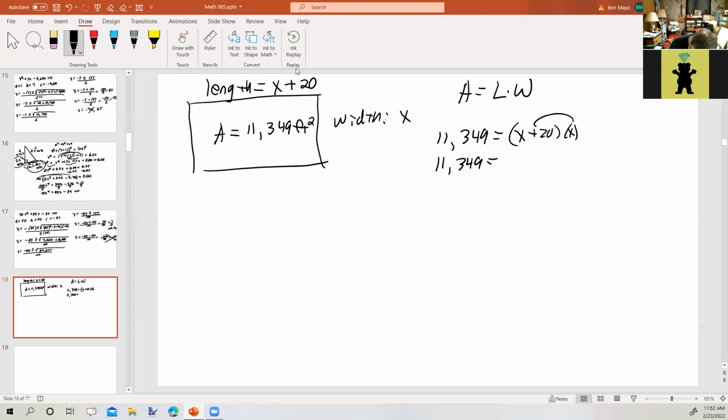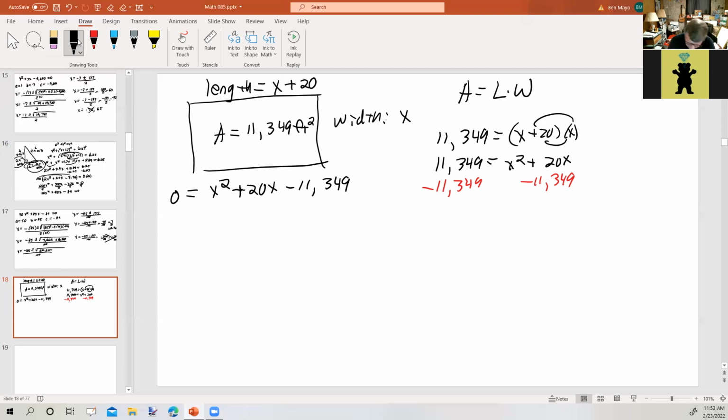11,349 equals x squared plus 20x. We'll subtract 11,349 from both sides, and we get x squared plus 20x. Here, let's leave it on the correct side. It doesn't matter though. We'll get 0 equals x squared plus 20x minus